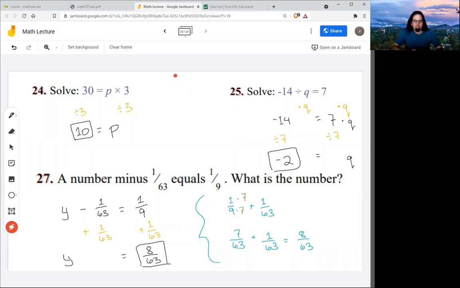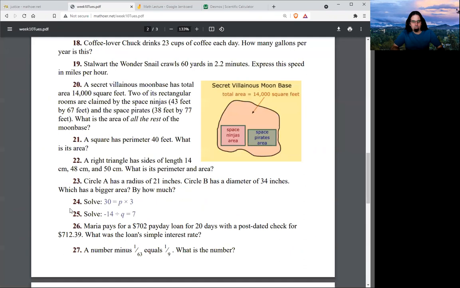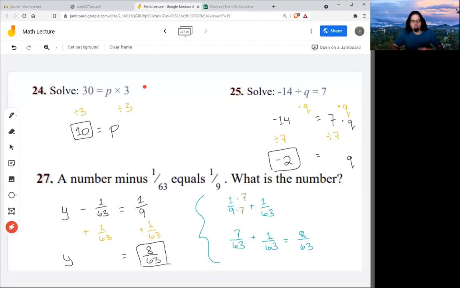And I tend to have about 50-50 students. Half the students like it, think it's an easy point. Half the students want to skip it. So it's one of the reasons you don't have to turn in every problem. But if I take it off the test, then the students that like it tend to fuss at me and say, that was an easy point. I want to do that one.